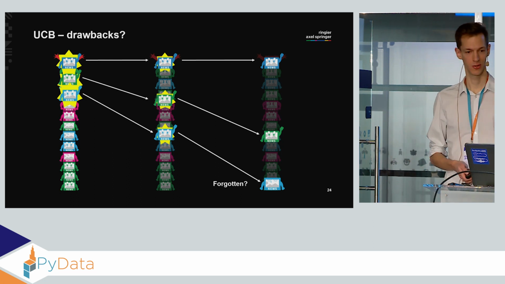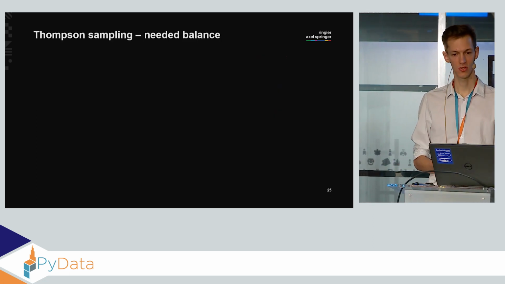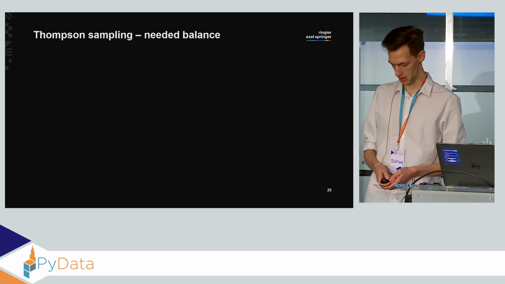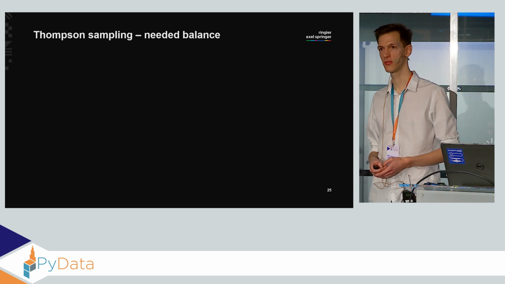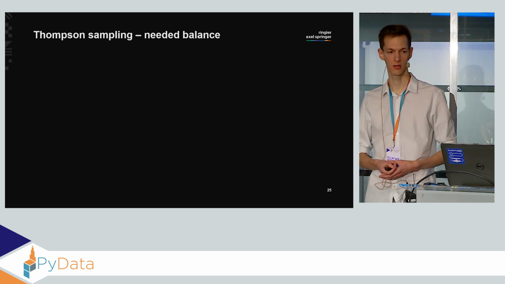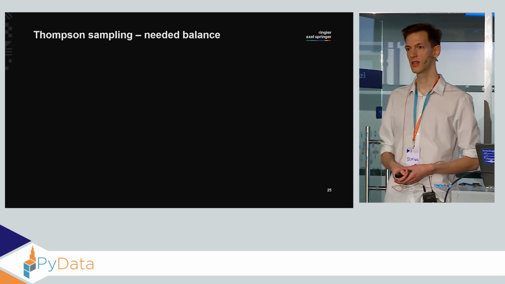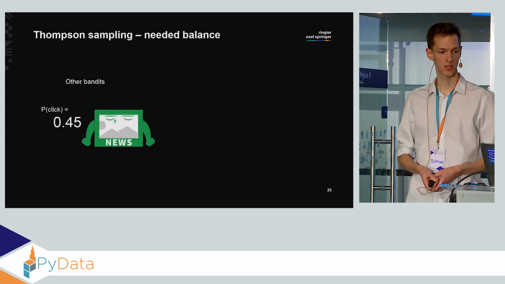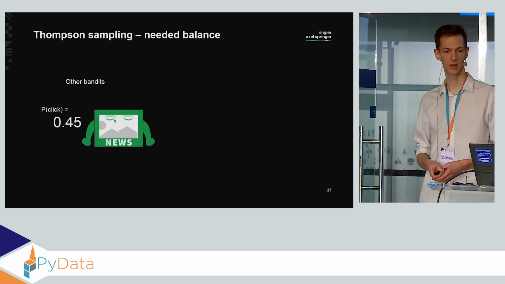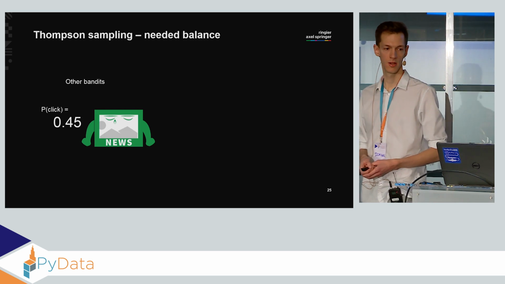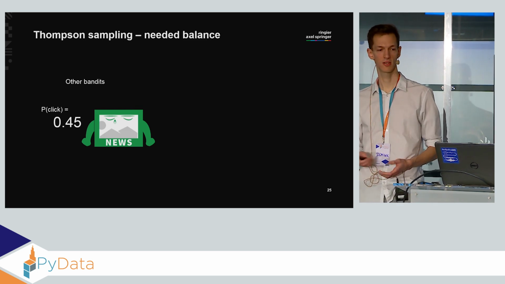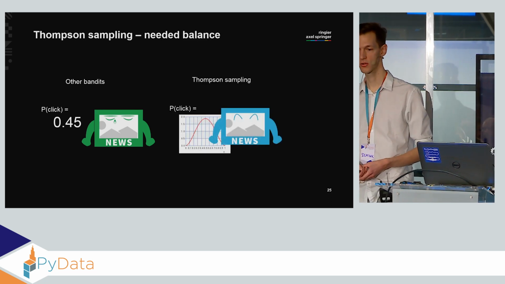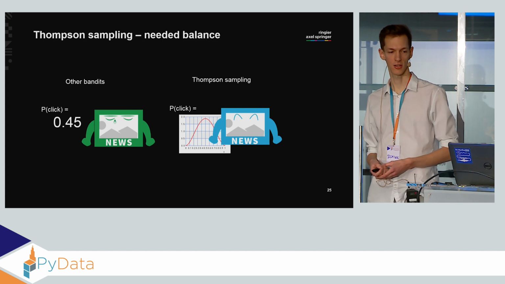And probably you already suspect that Thompson sampling will allow us to find that balance. So the biggest advantage of Thompson sampling, which is the most complex algorithm of the three, is that it provides us with much better and more complete estimates for the articles. Whereas with the other bandits, all we had was a single number representing, for instance, the probability that a given article will be clicked. Now with Thompson sampling, we have a whole distribution function for each and every article.